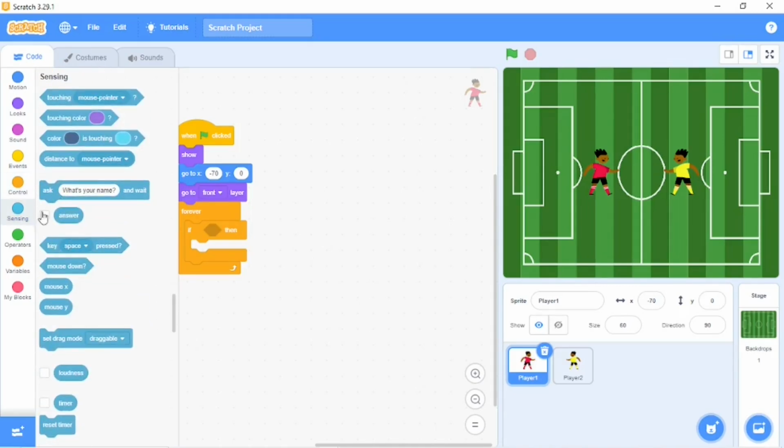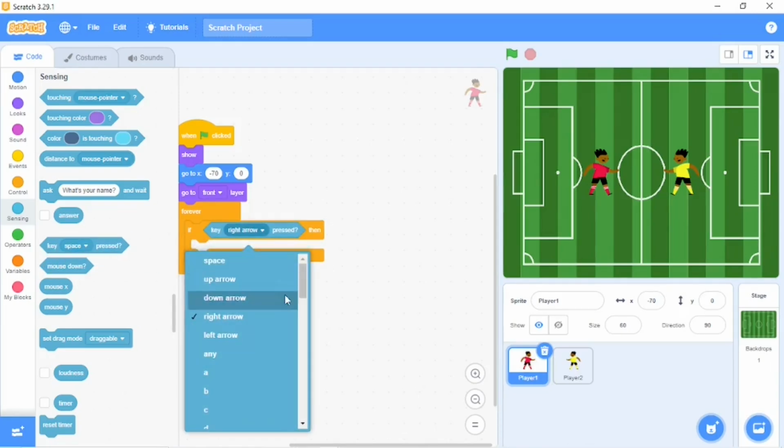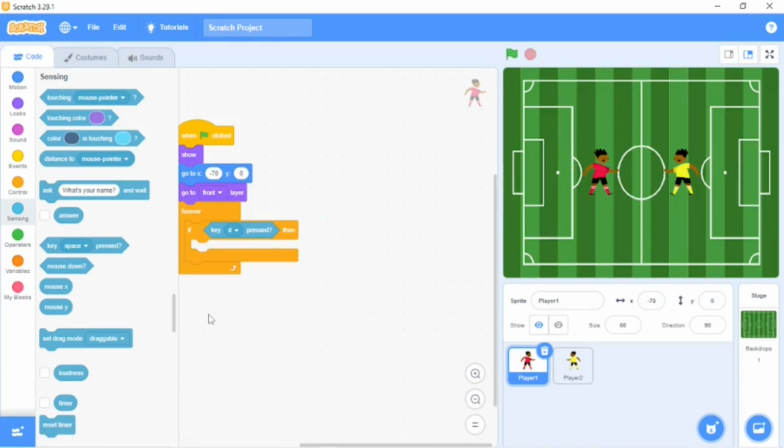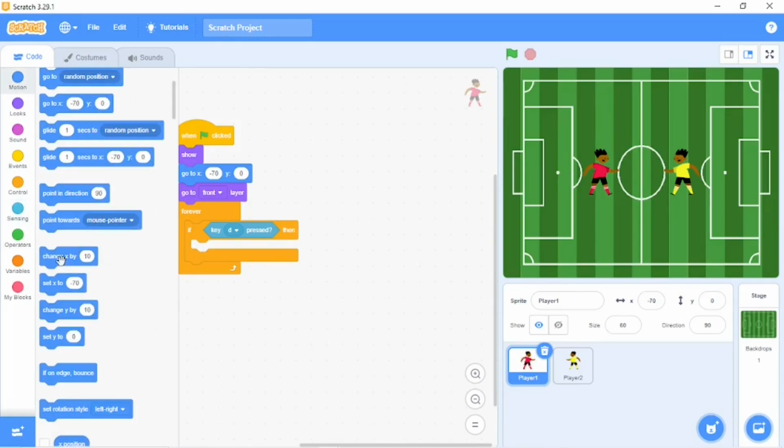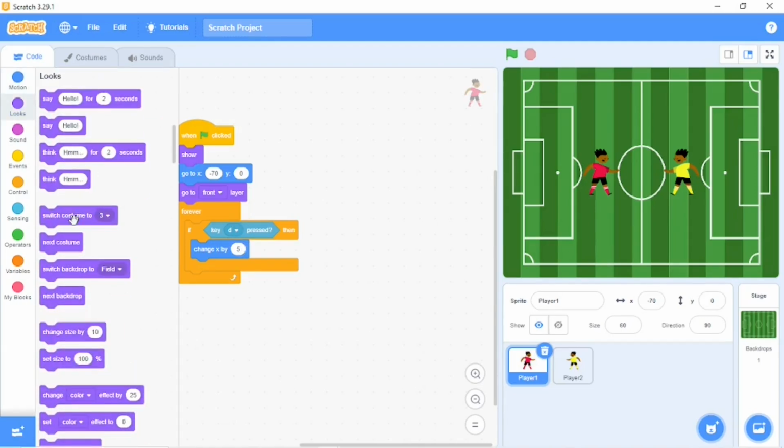So, like I will take the right side first. For that, go to sensing and take if key right arrow pressed, but not right arrow. We need to take D because we are doing the same order as the left, right, up and down arrow keys. The right arrow key is at the corner right side. D is the key at the bottom right side. So take if D pressed, then go to motion and take change X by 5